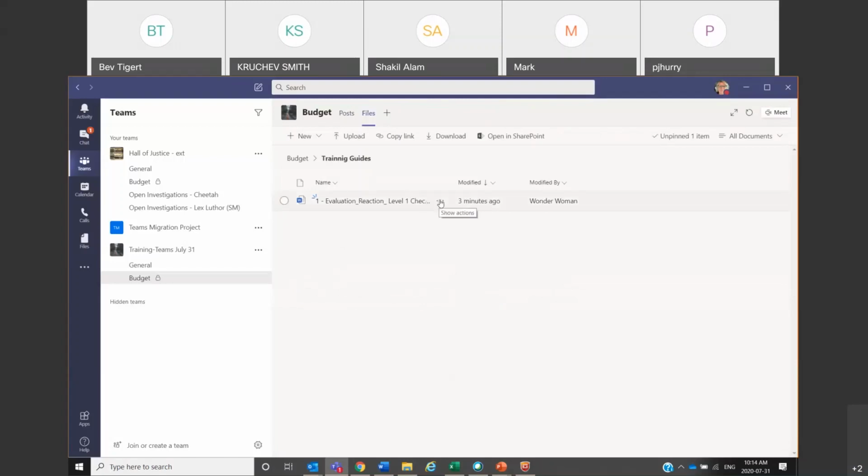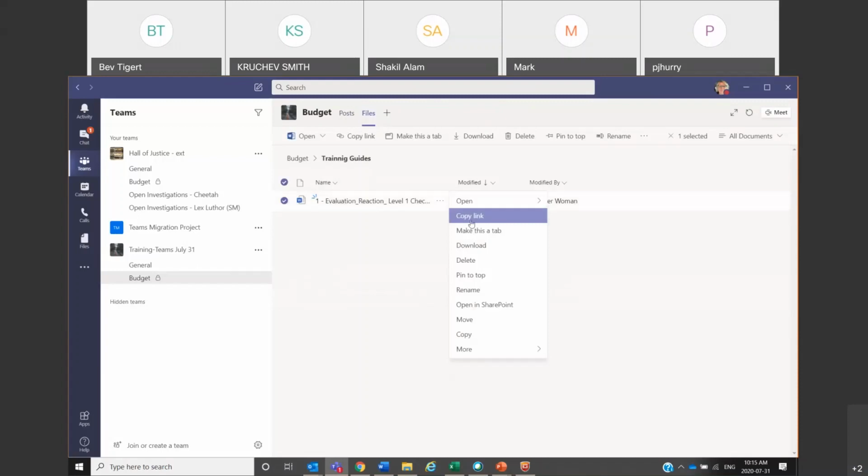Really what I want you guys to get from this training is that anytime you see 3 dots, go explore. Go, what does this do? What does that do? You can't break it, right? You can create your own team and call it like practice, and you can do what you want in there. Nobody's invited to it, and you can just see what everything is when you're adding files, what happens when you download it, etc., etc.